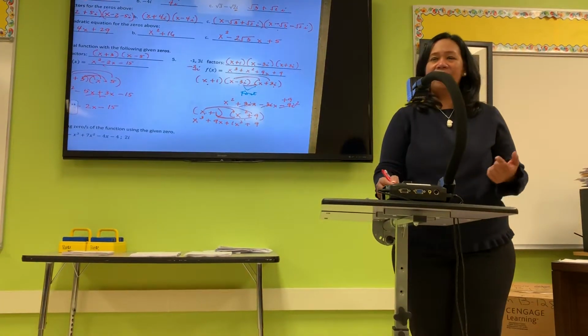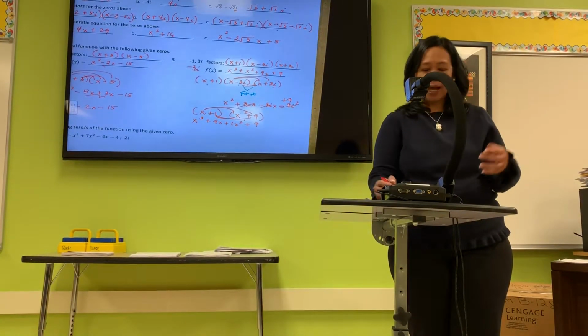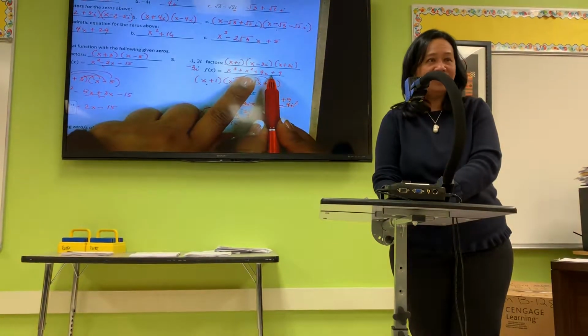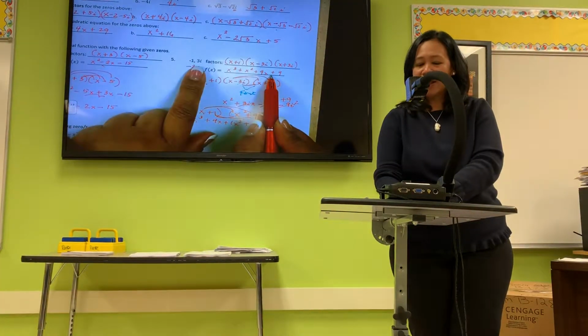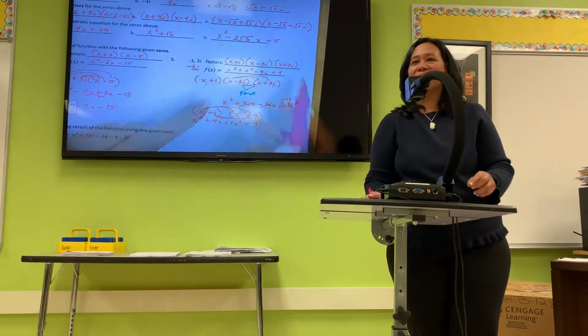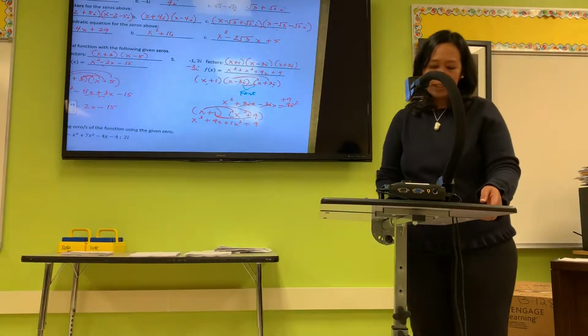Then of course, the way that we did it last time, we start from the polynomial, we get the zeros, and then we put it back as factors. So we're doing it literally the other way around. So now,